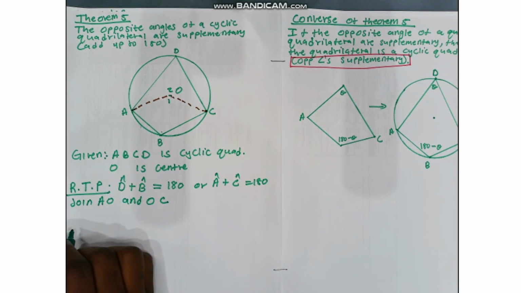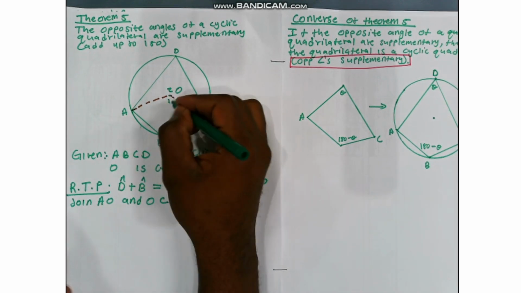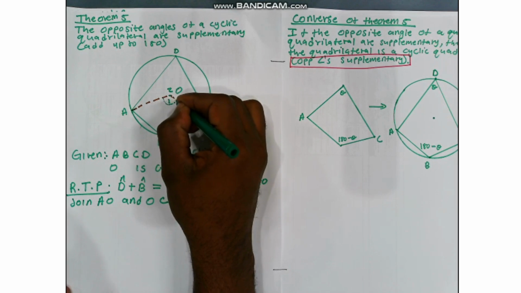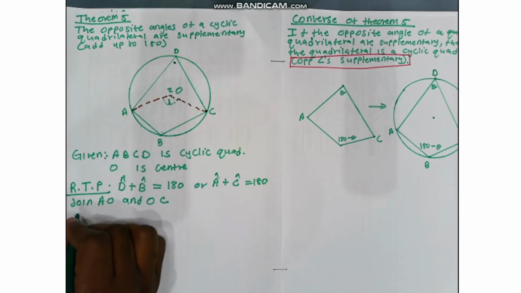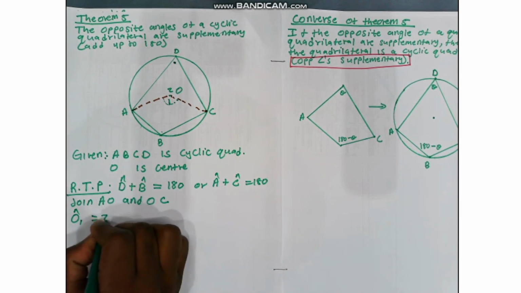Now let's prove. We know that O1, this one, is equal to this one angle repeated twice. So O1 is equal to 2 times D,